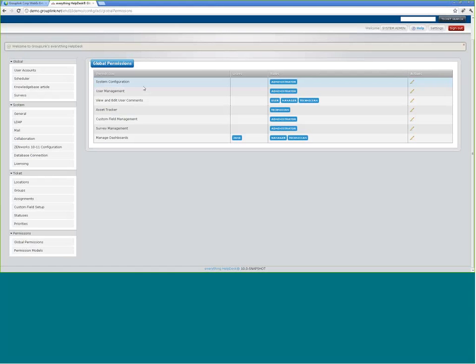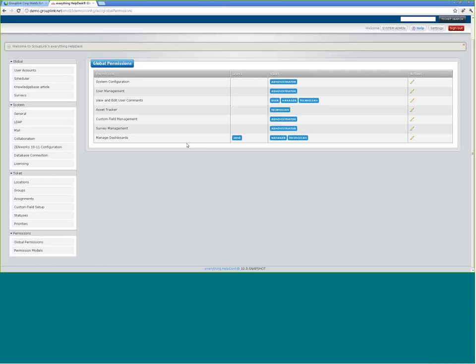You can have system configuration, so you can give permission to a number of people to be able to configure the system, and that's what we've been going over, these global system ticket. That system configuration can be given to different people. By default, of course, that's going to be the administrator. Only administrator will be able to do that. Same thing with user management,